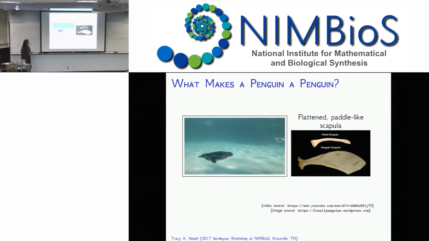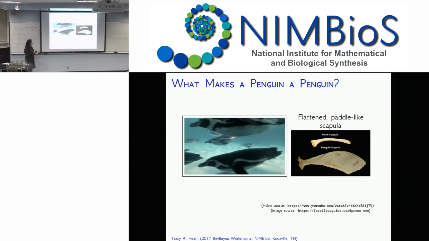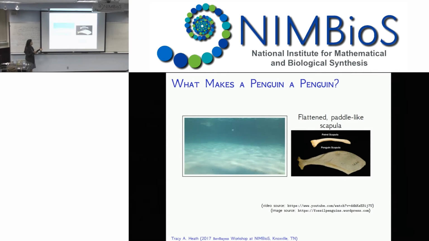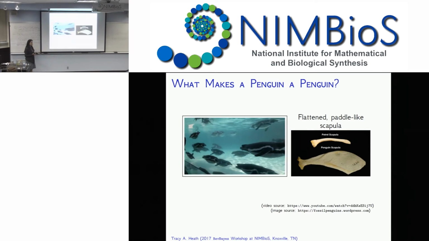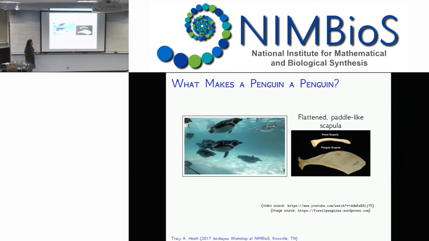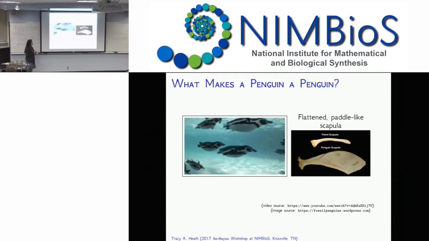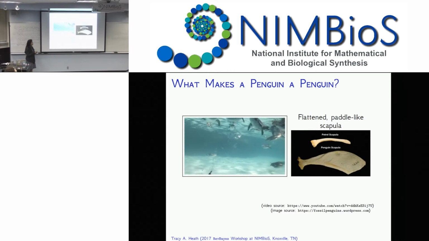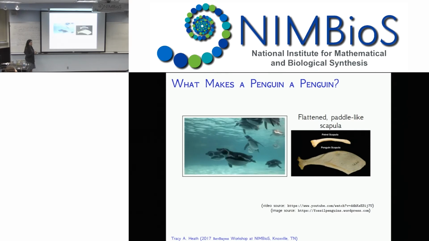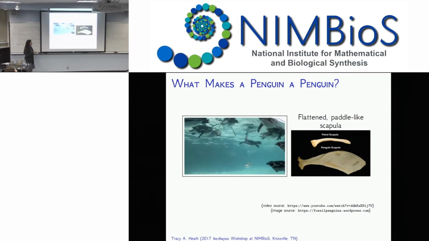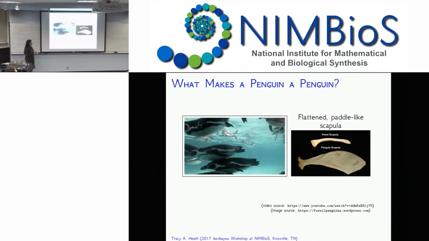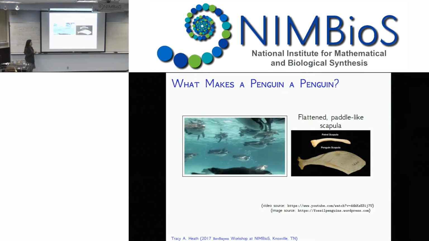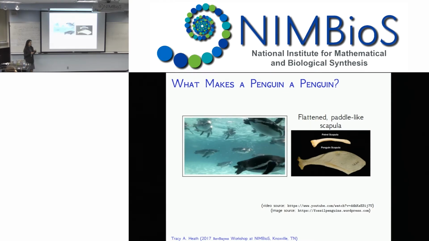And if we think about what makes penguins so interesting, they have this very similar morphology because it's associated with their habitat and their life history. So penguins actually fly underwater. And so what we see in penguins, and in the fossil record in their bone morphology, is that they have this very distinctive shaped scapula. So flying birds have this very narrow blade-like scapula, and penguins have this broad paddle-shaped scapula. And that's because